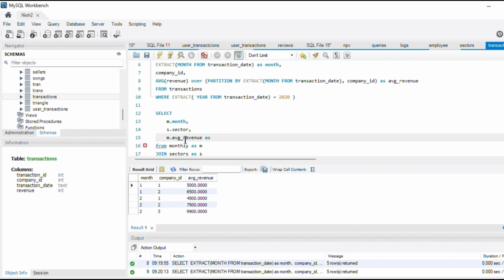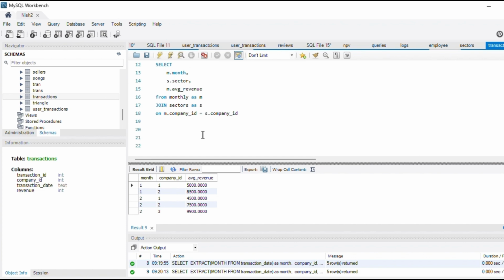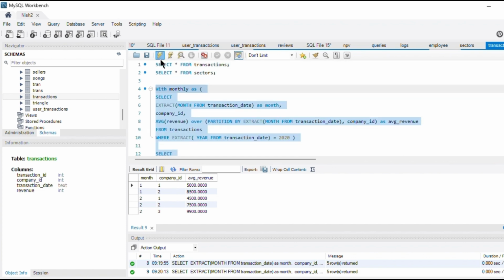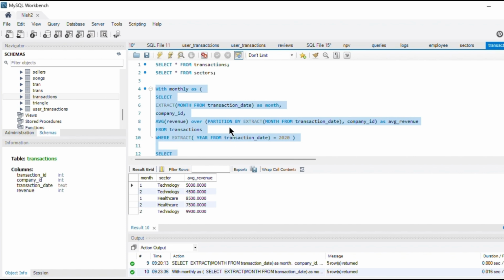So it's going to be the same average revenue. Fine. Now if I run this complete query, let's see that we have got our expected output,